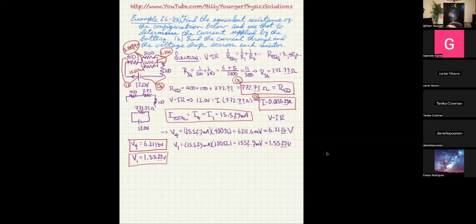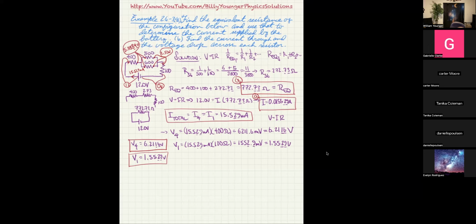But what we've managed to do now is we now see that the voltage on the left-hand side of the 5-volt battery, or excuse me, of the 500 ohm resistor is 5.7884, and the voltage on the right side of the 500 ohm resistor is 1.55. So if we subtract those two, that should give me V5, which is also equal to V6 since they're in parallel. So I'm going to subtract 5.7884 minus 1.5529, and that gives me